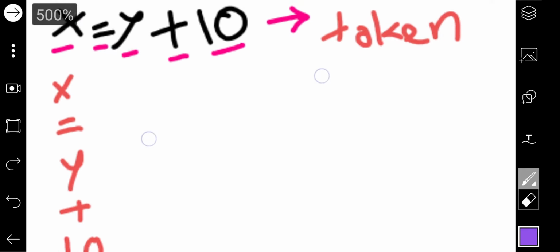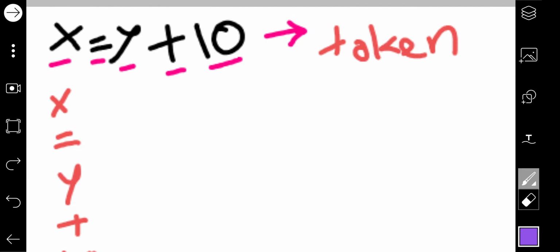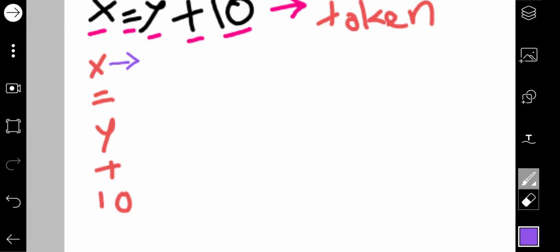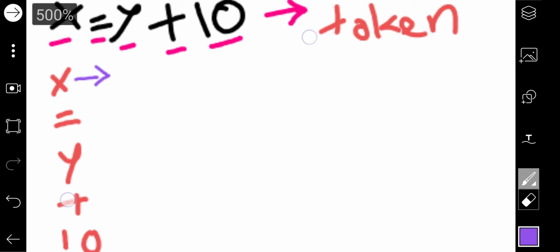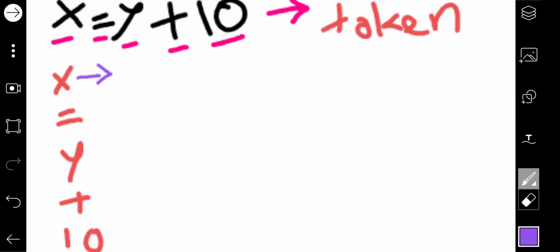Now it will describe what these tokens are, what the meaning of each of these tokens is. The first thing here is x, then we have equal, after that we have y, then we have plus, and the last one is 10. Okay, so we have got all these tokens here.